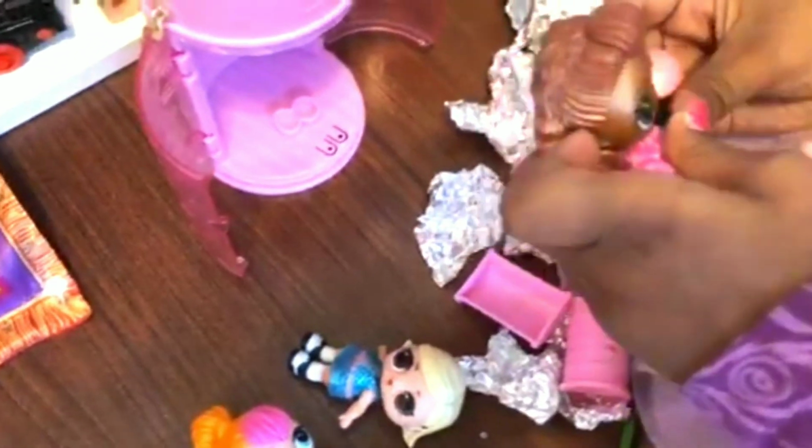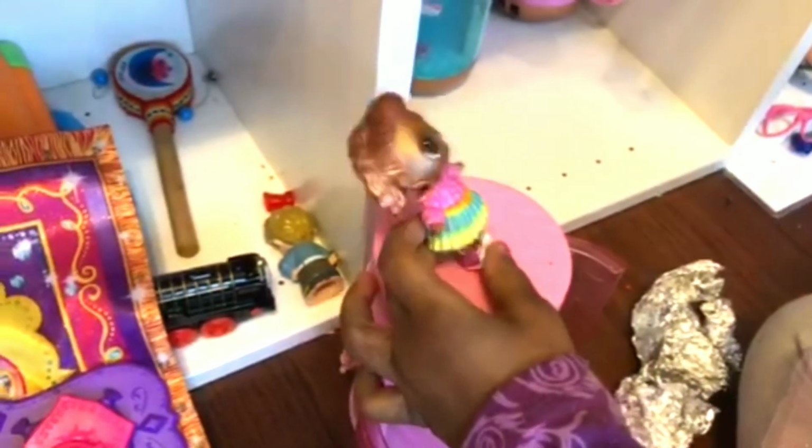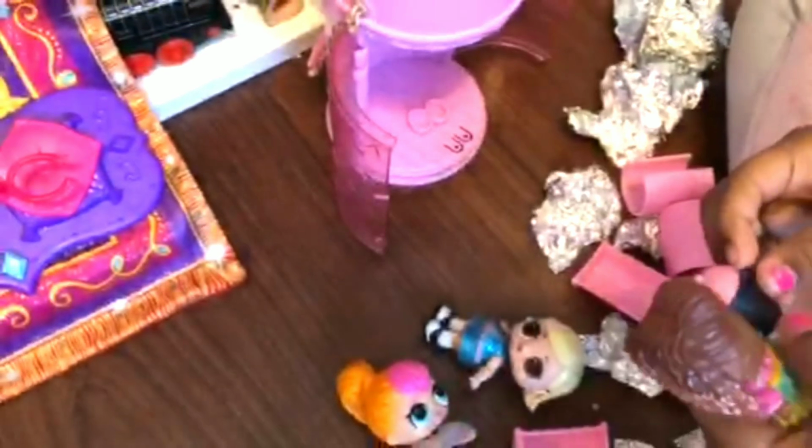The hair roller. And this is her bottle. See? Look at her. Now next place. Okay. Now let's go. Okay. So